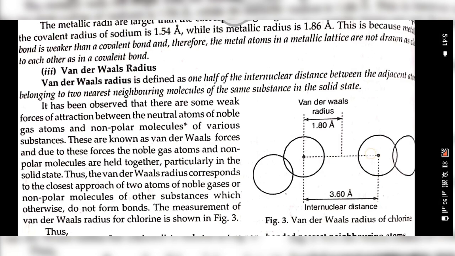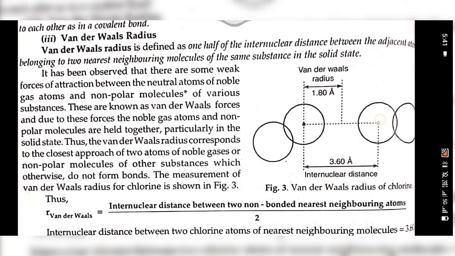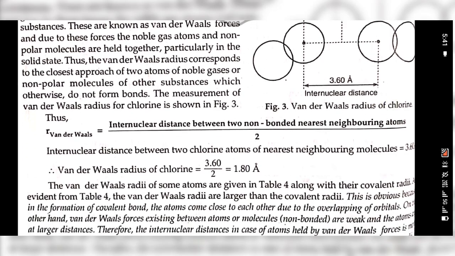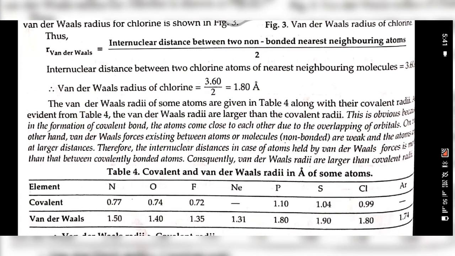The measurement of van der Waals radius for chlorine is shown. R van der Waals is equal to the internuclear distance between two non-bonded nearest neighboring atoms divided by 2. The intermolecular distance between two chlorine atoms of nearest neighboring molecules is equal to 3.6 angstrom. So the van der Waals radius of chlorine will be 3.6 upon 2, that is 1.80 angstrom. The van der Waals radii of some atoms are given